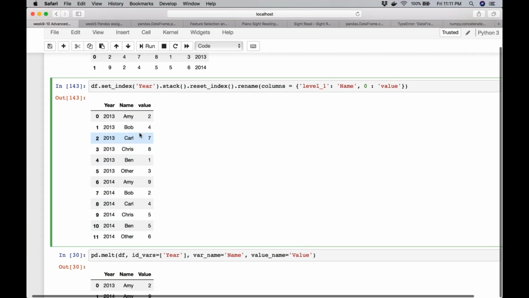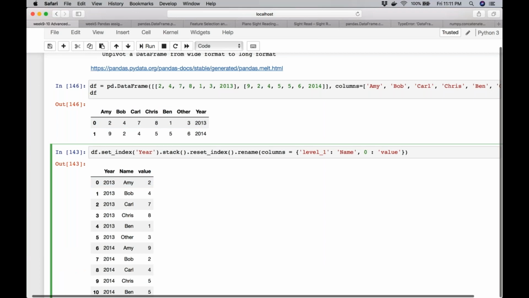So I can also specify the name of the column, because I had to use rename, and I had to use multiple things here, because once I stack this data with year as an index, it does not know what to name these names, right?